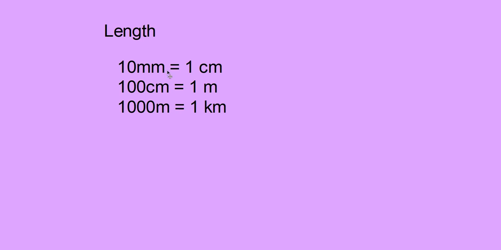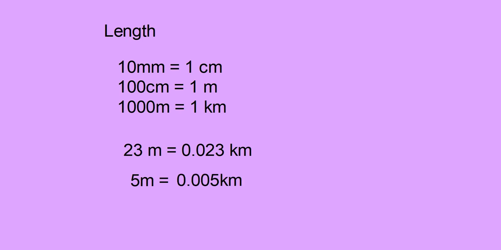Now look at the length. 10 millimeter is equal to 1 centimeter. So if you want to convert millimeter to centimeter, you have to put only one place of decimal. If you want to convert centimeter to meter, you have to put two places of decimal, and meter to kilometer, you have to place three places of decimal. For example, 23 meter, you can write as 0.023 kilometer. Then what about 5 meter? Convert into kilometer. Yes, it is